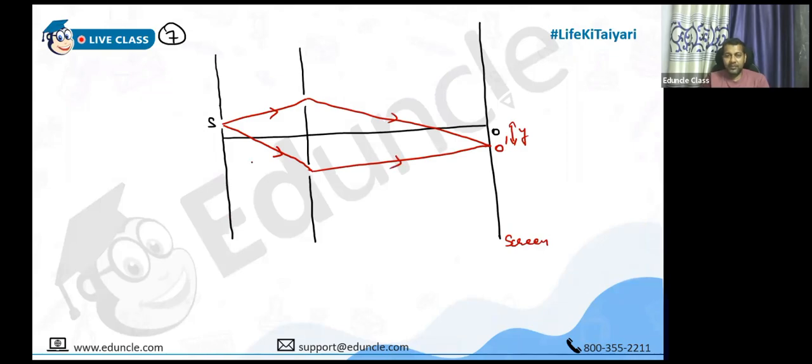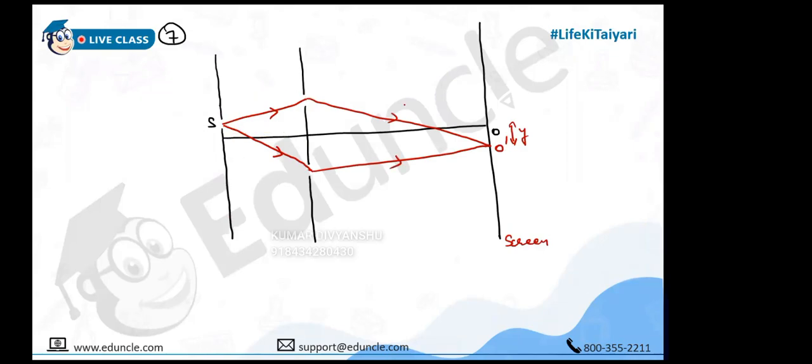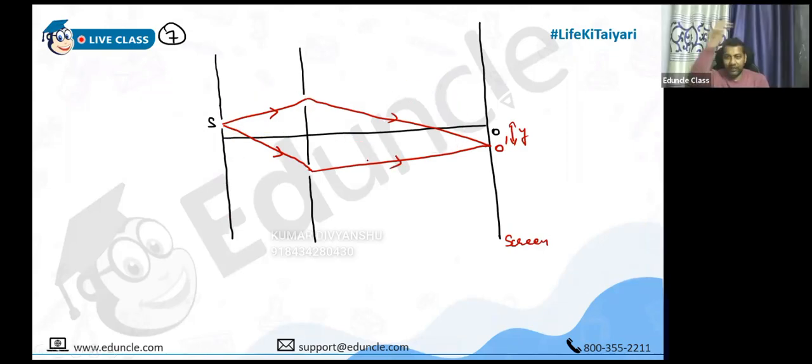Only then the path difference will be the same. Na? Earlier this ray is traveling less, this is traveling more, so later this will travel more and this will travel less, and that can only happen if the maxima shifts downwards. Na? So if the main slit